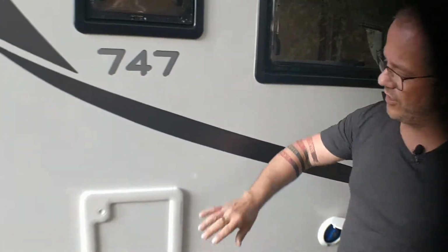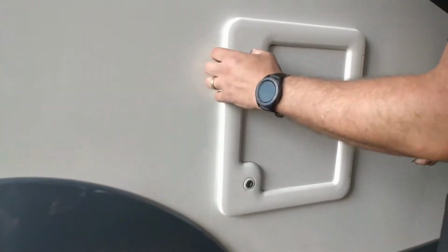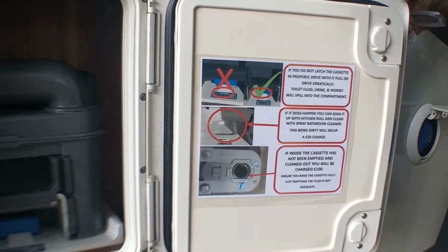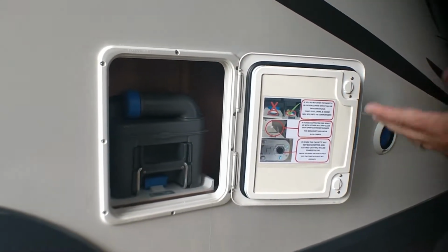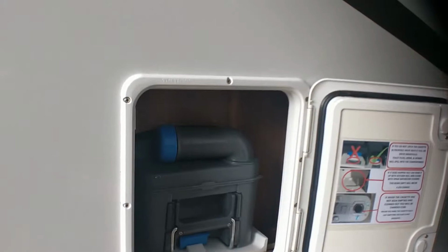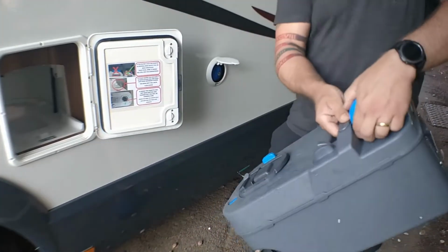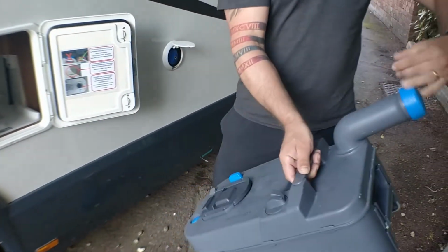Getting to the toilet waste, you'll notice this locker door. Right? This is the magical toilet cassette that everyone worries about. It's very easy to use. We put a sticker on the inside of each one with hints, tips, things to do, things not to do. But effectively, to empty the toilet cassette, all you need to do is go to the campsite's sanitation point, take the cassette out. This one's empty, but if it was full, take it out, take it into the toilet point, unscrew this lid, like so, put the lid safely to one side,